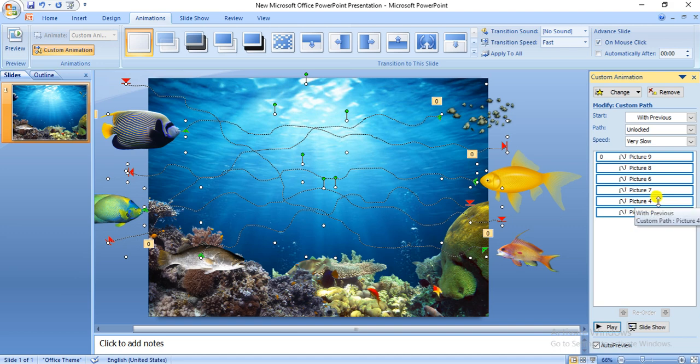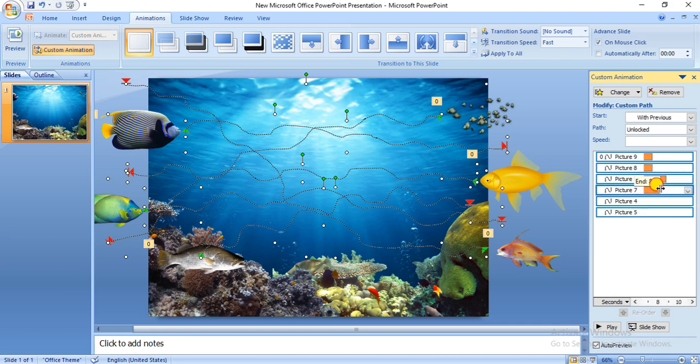So for that, you have to again give it a right click and you have to go to show advanced timeline. You can see there is a show advanced timeline option, and you can increase the duration of it. You can simply drag. So I'm just dragging. You can drag each one of it if you want to. Simply click on the option and you can drag each one of it in this manner. Okay, so how much you want it, you can adjust the ending speed of each image that you add over here.